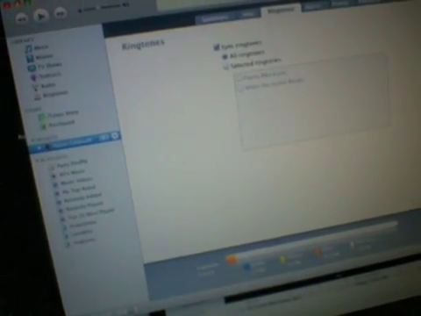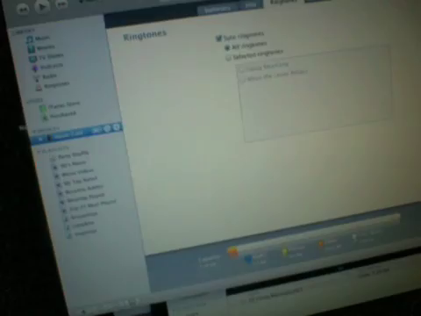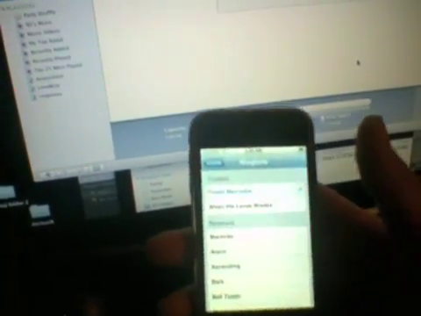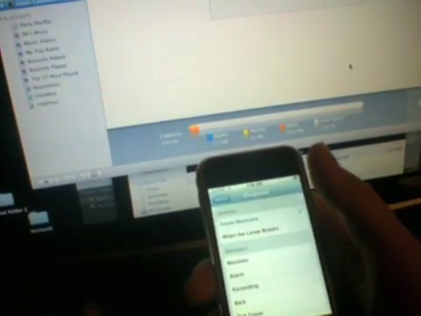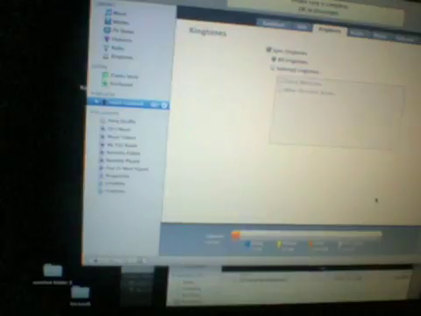I'm going to sync my iPhone. It is synced. And that is